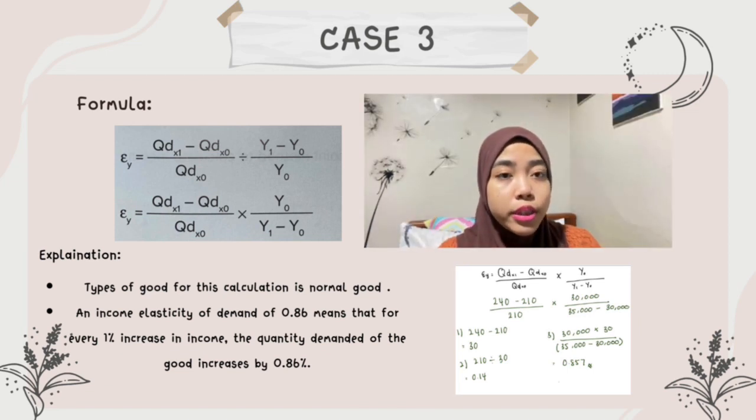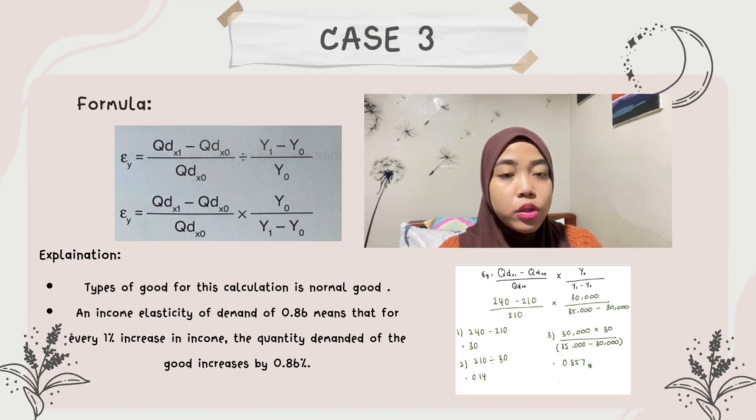Next, we put the data. 240 minus 210, so you get 30. And then 30 divided by 210, you get 0.14. And lastly, 30,000 multiplied by 0.14 divided by 35,000 minus 30,000,